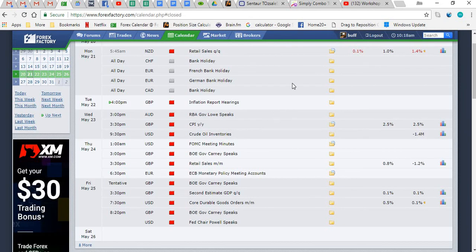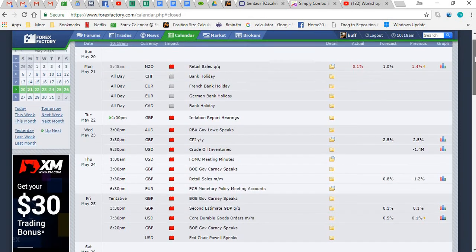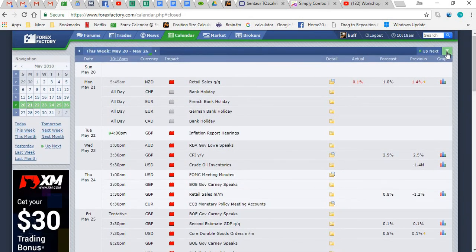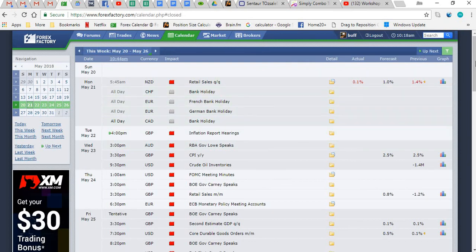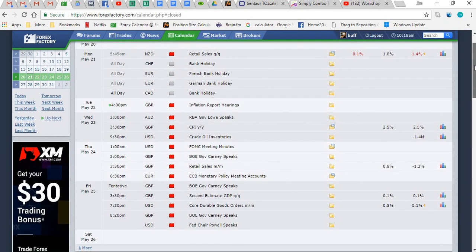This is Forex Factory. I use their calendar, it's simple. You can filter it, if I can show you where that is. If you go up here, this little green icon, looks like a martini glass, I guess. Just press on that. You can choose what sort of impact you want. I just picked the red and the grey ones, which are just like holidays and stuff like that, things that may interest you. You can pick which currency pairs you want. You can pick what sort of news items you want, so that you can personalise it a bit. So I just use the high impact ones,